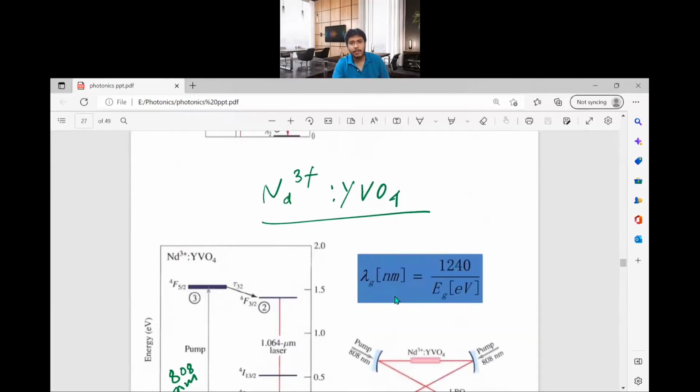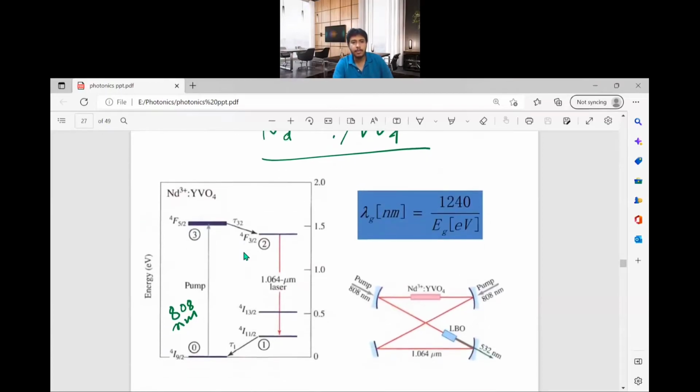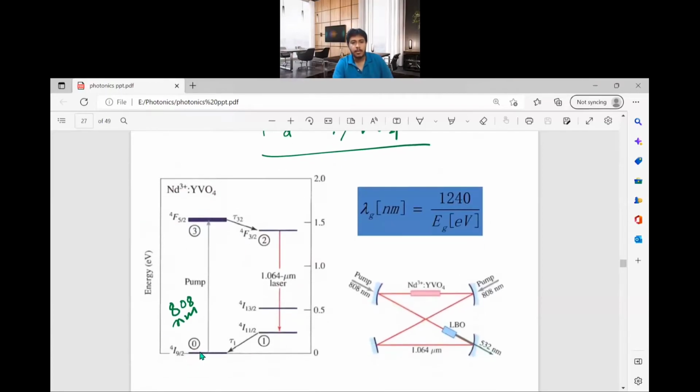Another type of laser is the neodymium doped yttrium vanadate laser. This is the neodymium ion. It's a four level system, as we have discussed already. The pumping needs to be at 808 nanometer. So 808 nanometer light will be received and it will go to the higher energy state. Then it will rapidly decay to this energy level, state 2. From 2 to 1 you will get the 1064 nanometer laser emitted from this neodymium doped yttrium